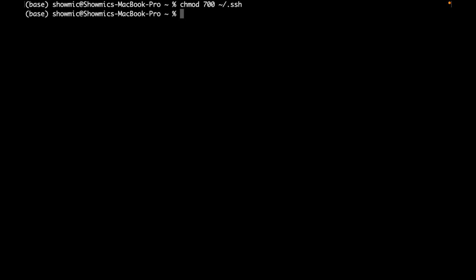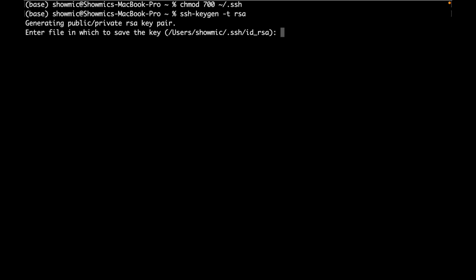And now we need to create the key. So in order to create the key, we can do that using ssh-keygen -t rsa, then press enter, and it will ask the file name that we want to. If we want to give it our own file name, we can type it over here. For now, the default directory or default file name is fine for us, so we just press enter,